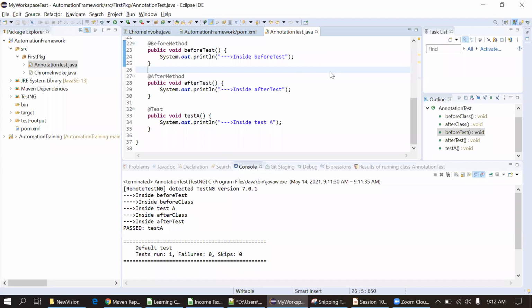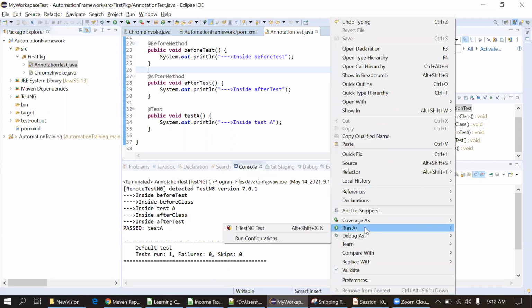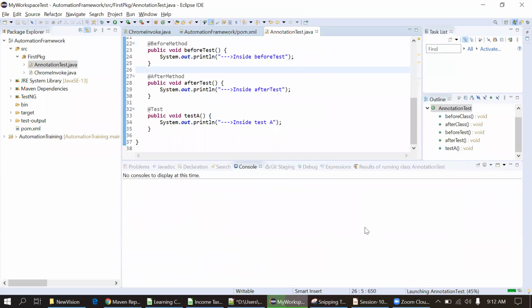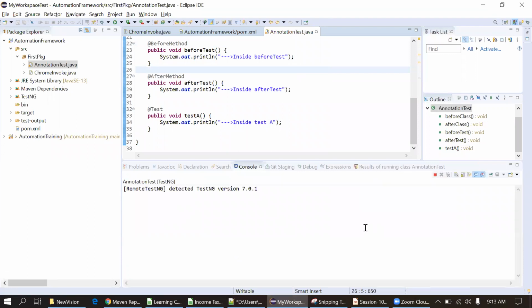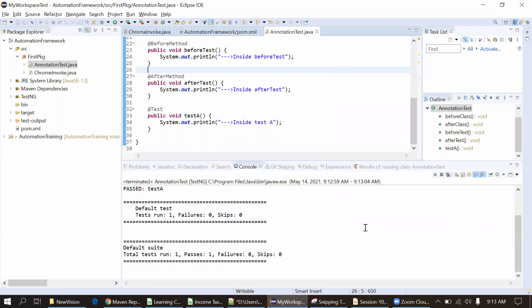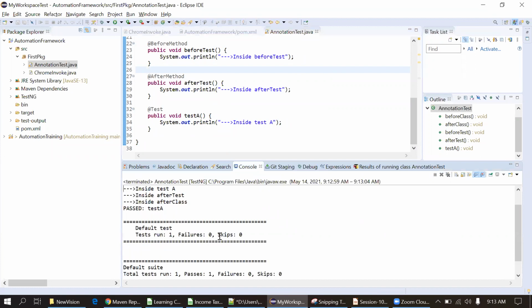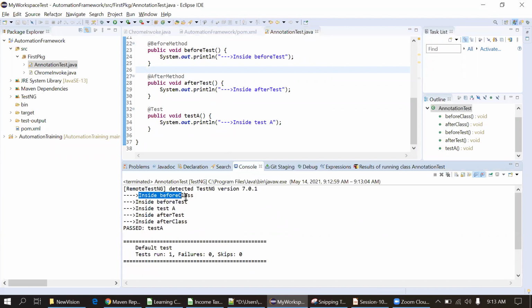Okay. So I'm executing this code now. Opening the console. You can see inside before class, then before test, then actual test, then after. Actually, it's not after test, it's after method.